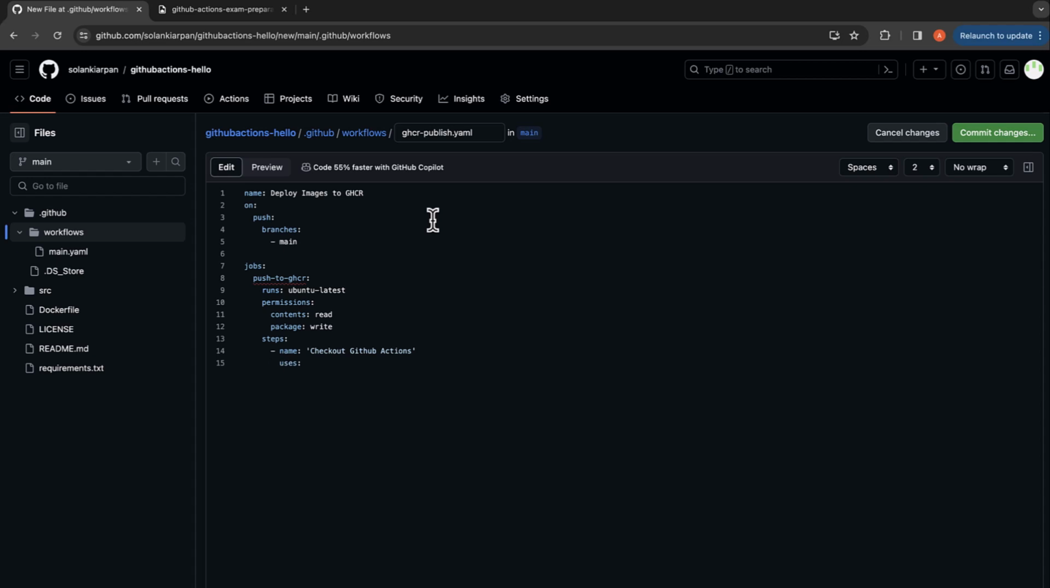So we are going to check out our code. So it will be actions checkout v2. And the next step would be we are going to log into our GitHub Container Registry. And it uses this action, Docker login action. And so the registry we are using would be